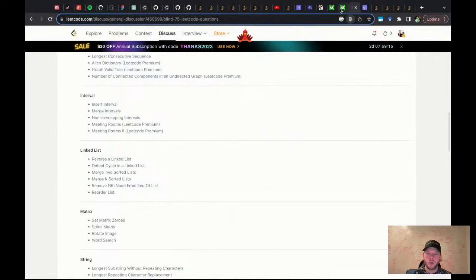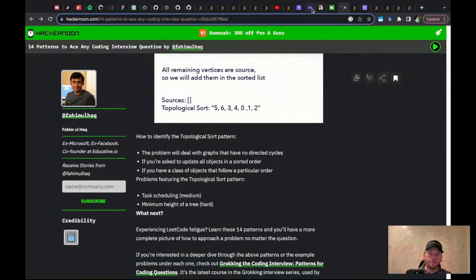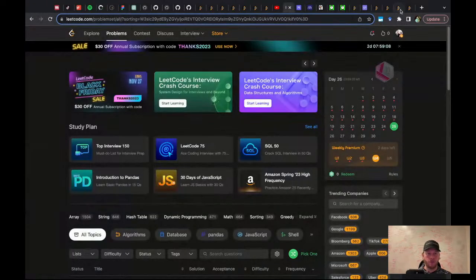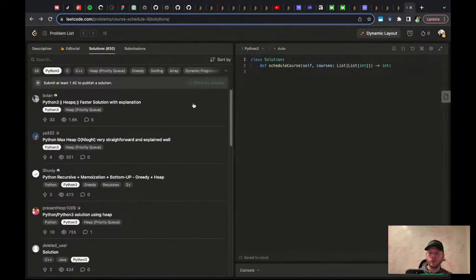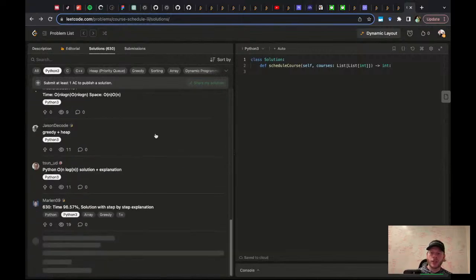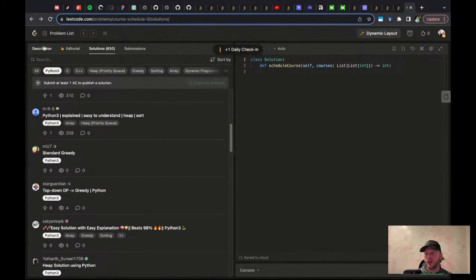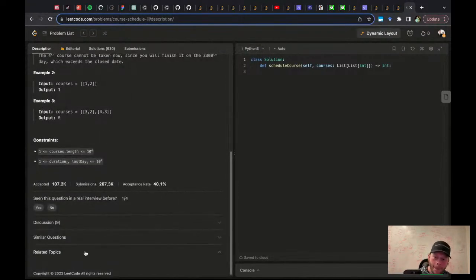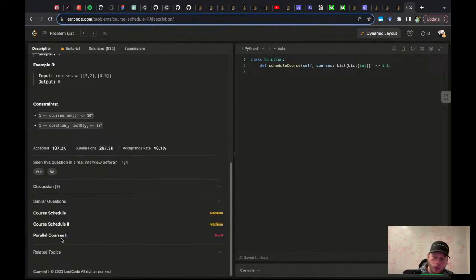If course schedule 2 is also a priority queue, I'm going to throw all this out. So course schedule 3 is about the priority queue. Okay, let's go look at 2.